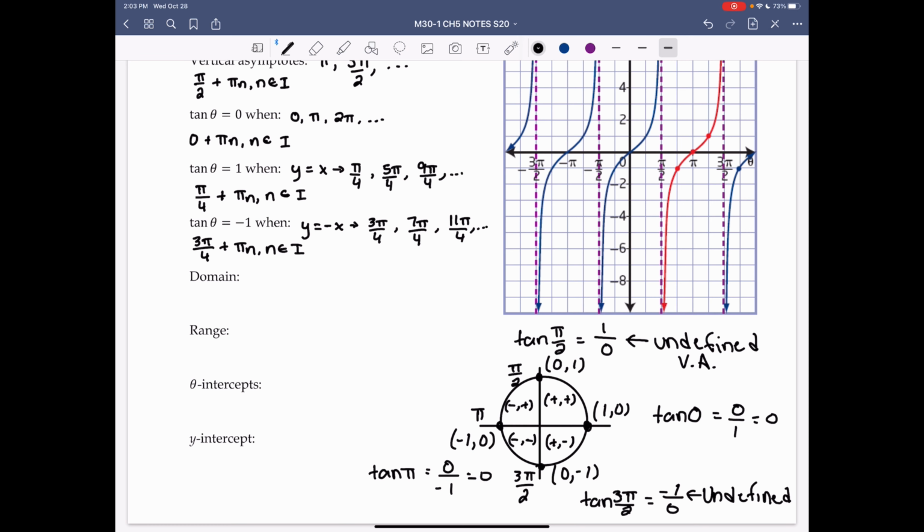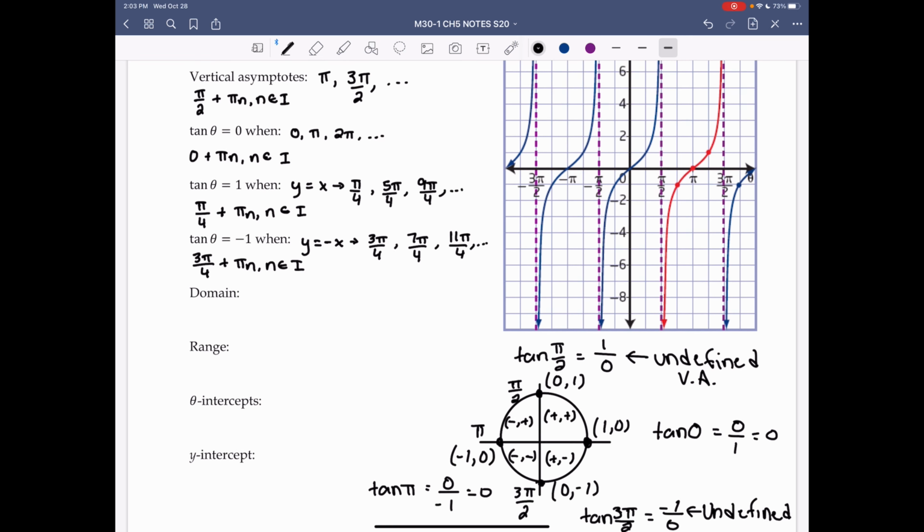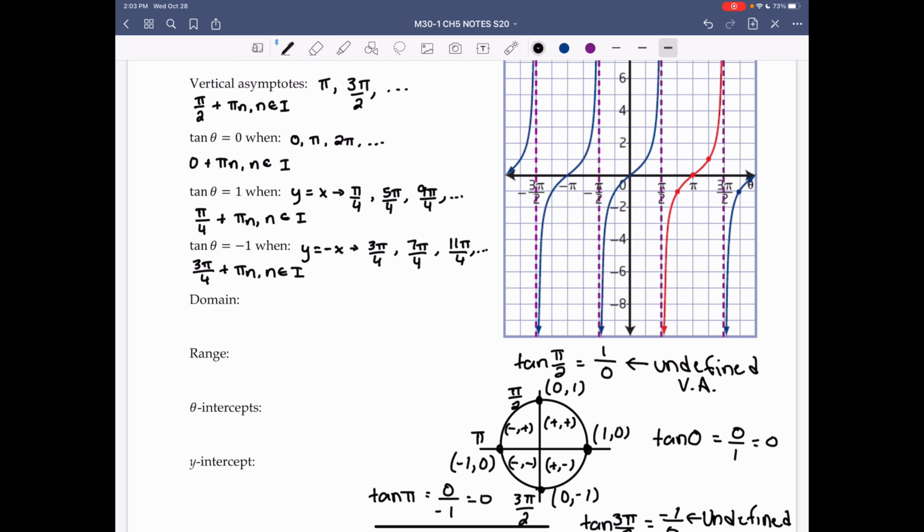The domain of the tan function is related to our vertical asymptotes. The function is defined anywhere except where we have vertical asymptotes. Then we can use that general statement, how we wrote the vertical asymptotes, in our domain. So theta cannot equal pi over 2 plus pi n, where n is an element of the integers, and theta